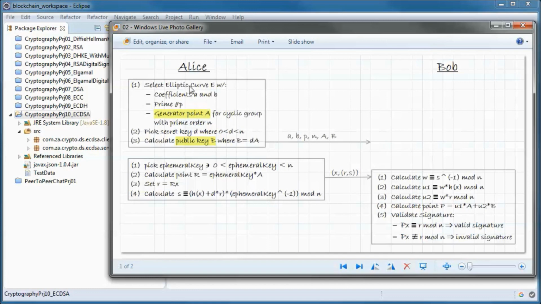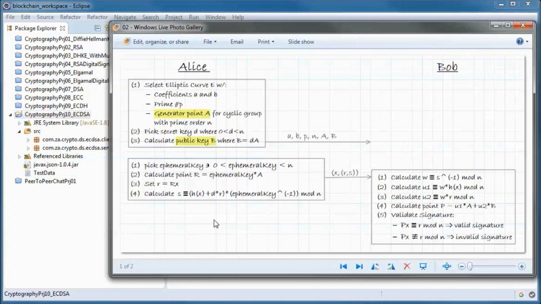So she selects the domain parameters, the elliptic curve, coefficients A and B, and prime number P, and the generator point A for the cyclic group with prime order N. And then she picks the secret key D between 0 and N and calculates the public key uppercase B, where B is D hops from the generator point A. And she sends A, B, P, N, and the generator point uppercase A and the public key uppercase B to Bob.